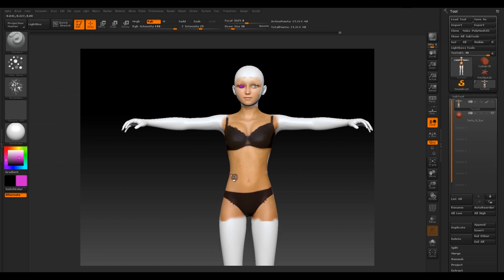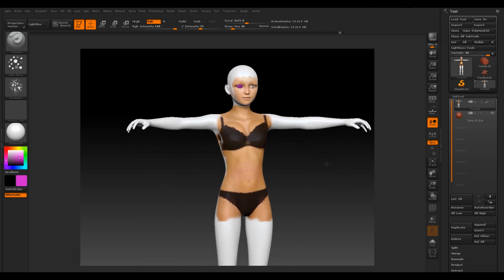Bring up the brush size, and you can start to paint a real quick color all over your model, like so. The purple skinned lizard alien. Control Z that though. So